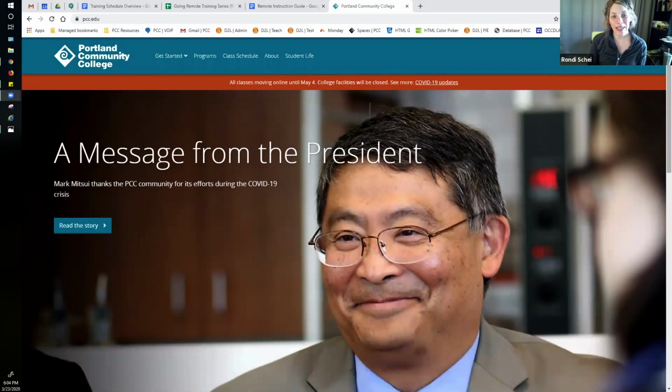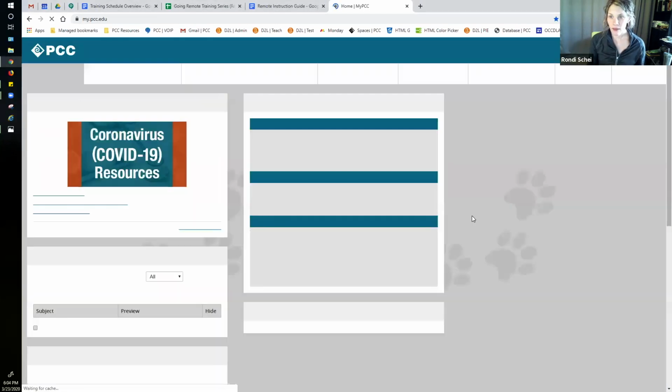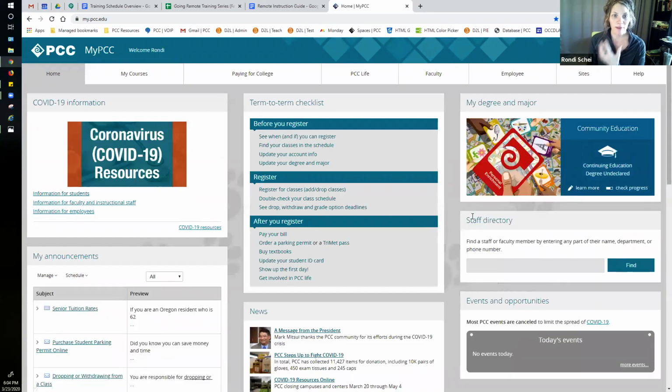Okay, so the first thing I'm going to do is show you where to find the D2L login link. As you can see, we're at the PCC homepage, and one of the easiest ways for instructors to log into D2L Brightspace is to simply go to My PCC. I'm already logged in, but you log into My PCC, and when you